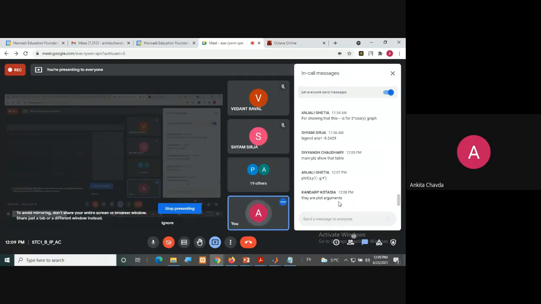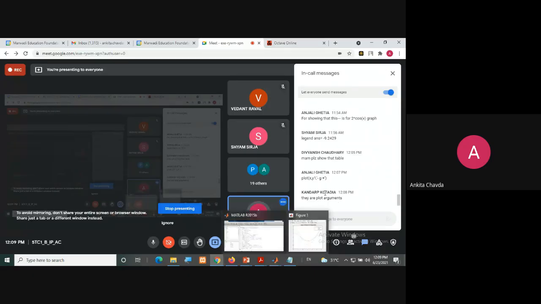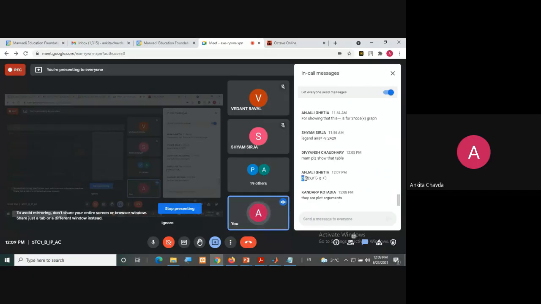Please write the plot value. Anjali has already written, right? Such kind of values for the different style and different color. Though it is not written correctly, so I'm expecting the answers from the others.